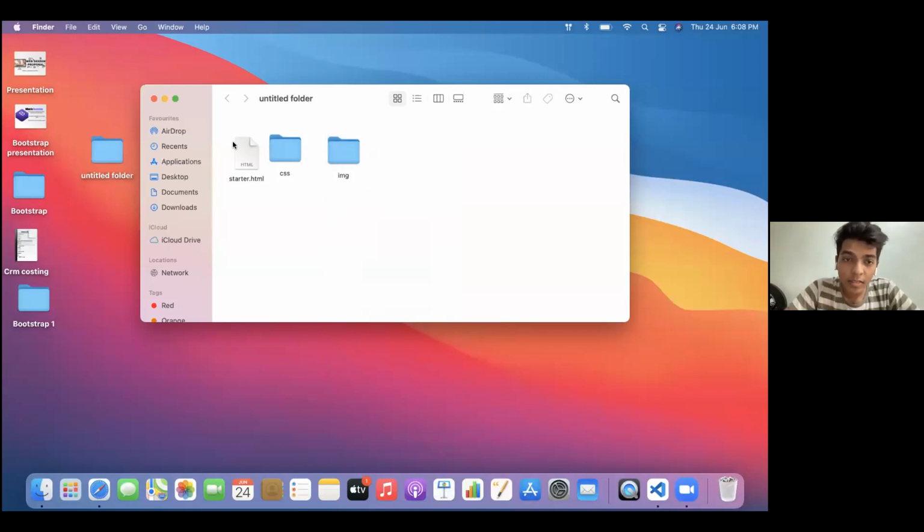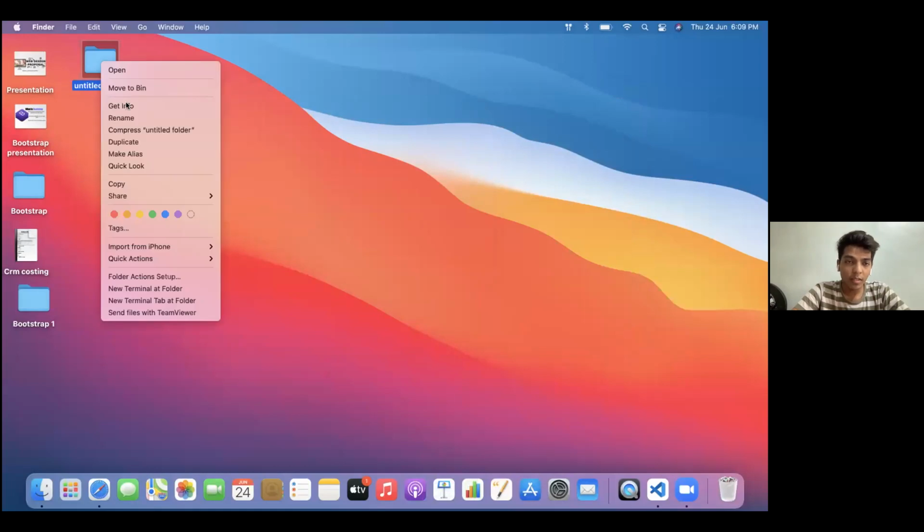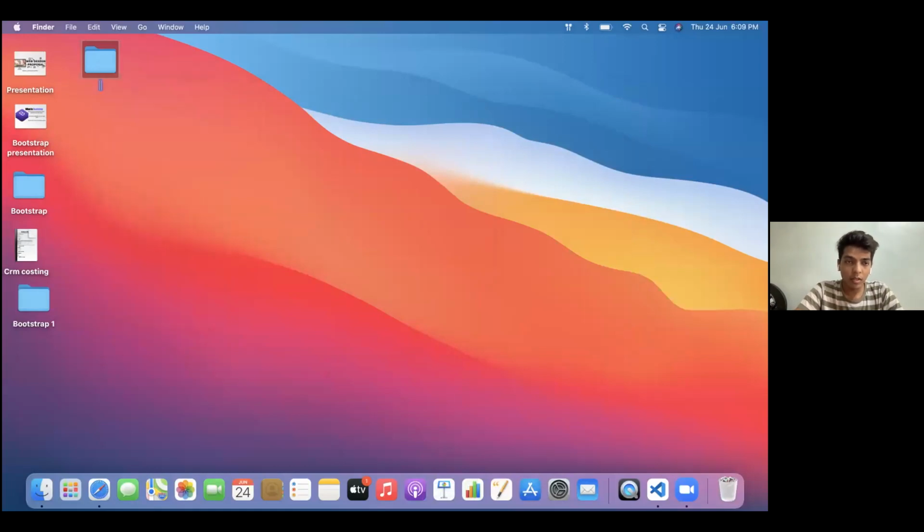Please use the names CSS and images. It is recommended, or else if I write the path to be css/style.css in the stylesheet link, it won't work because the folder name would be different. I'll name the main folder practice, and okay, we can now start.